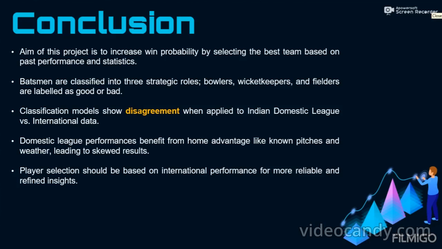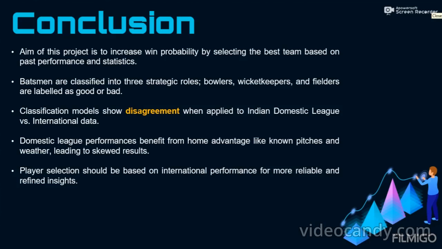We found that MLP performed best overall for classification, especially for batsmen and fielders, while KNN worked best for bowlers. The introduction of the consistency metric allowed us to go beyond classification and identify top performing, reliable players